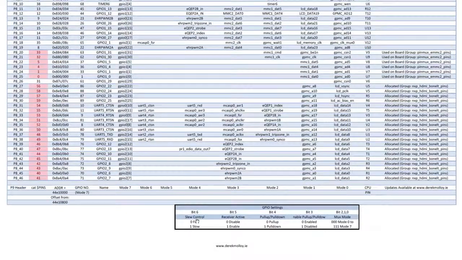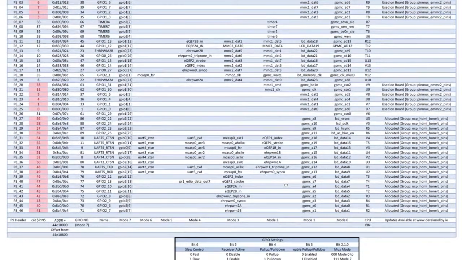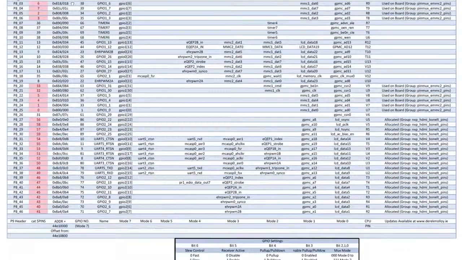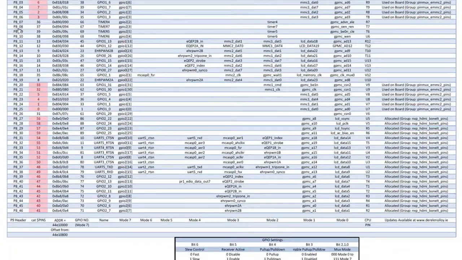The GPIO settings are down here, and I've just transferred this here. So in 2 pages I've tried to capture as much information as possible. The offset, we're going to need that shortly. So again, let's look at say this one, P808. That's pin 8 on the P8 header. Its software pin 37. Its actual address is